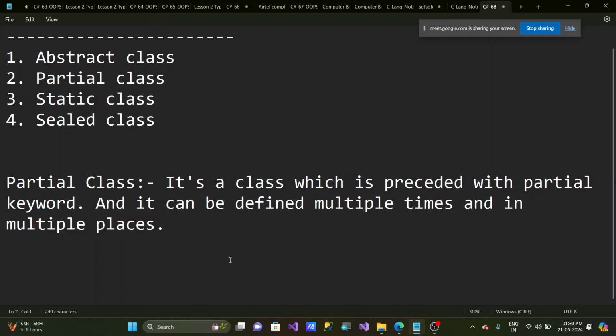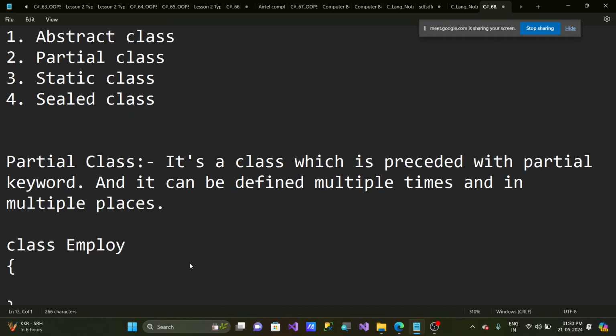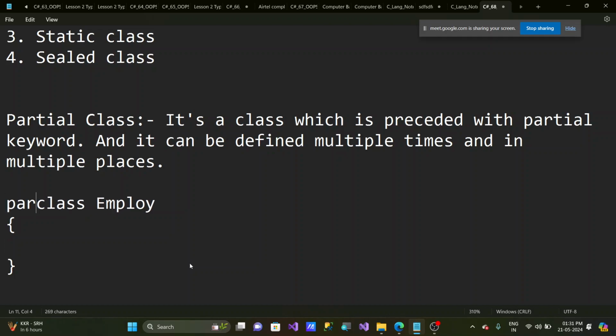Like in my team I have three developers who are working in backend. So now what I'm doing is I'm defining a class and I will ask my team to write three methods by three people. So three developers are working on the same class but with three different methods. In that case, we will ask them to write a class with a partial keyword. Generally we write class employee like that, right? But when you are working with partial class, we will add a keyword called partial before the class